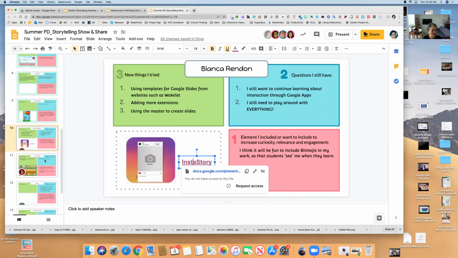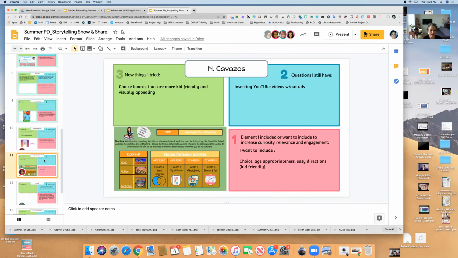All right, next is Nairi. Can you tell us a little bit about your 3-2-1 and what you created? Well, I just used a template that you had. Okay. I like the choice boards for being in the library, so I'm leaning toward a lot more asynchronous work than synchronous, because the library is almost like an elective.